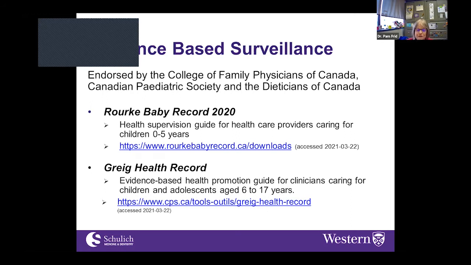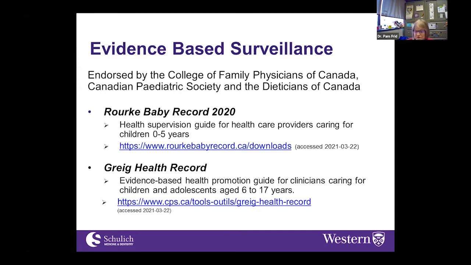Be careful that you pick out the Ontario version if you're practicing in Ontario, because each one of the Rourke Baby Records is individualized for province, because there are different immunization schedules in different provinces. So you want to make sure that you're using the correct one. Each version of the Rourke Baby Record is updated with the most reliable evidence-based information to help with your surveillance and screening. So it's really nice that this is done for us and we don't have to go looking for the updated information.